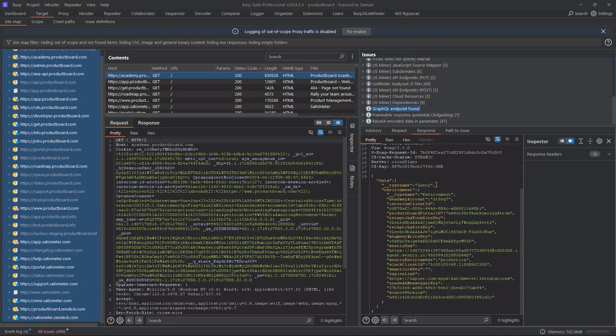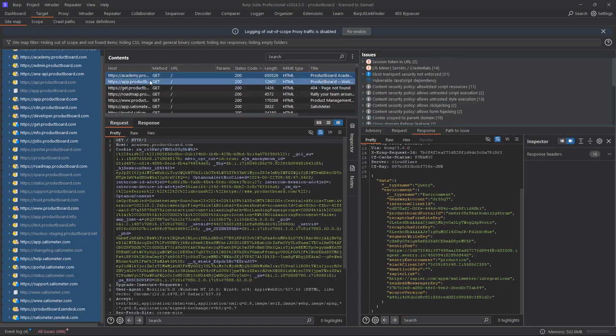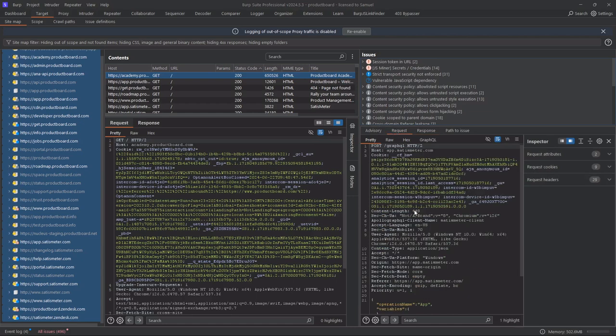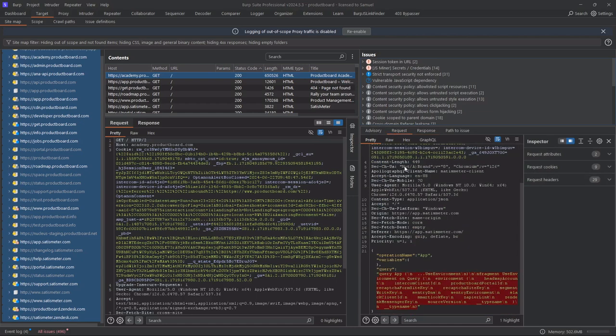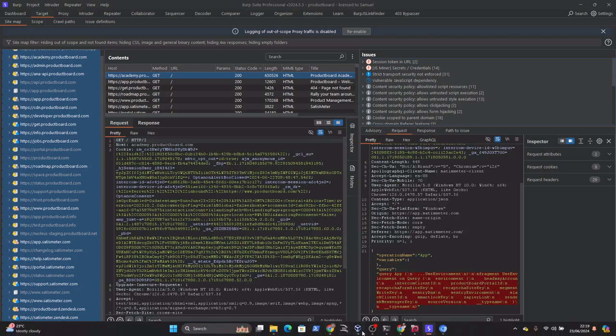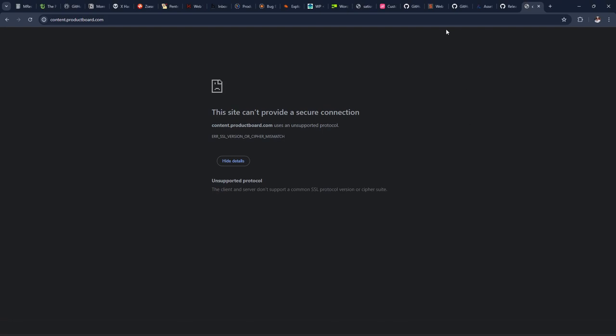Seems like we have GraphQL in one of the targets. This is the academy. That's why PortSwigger